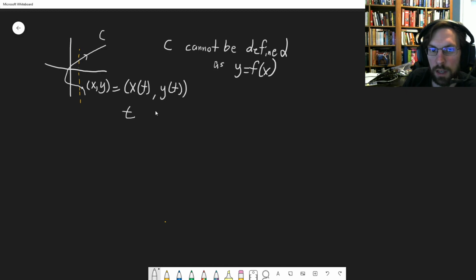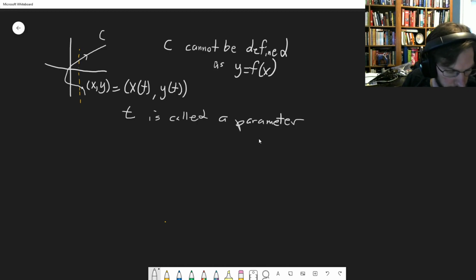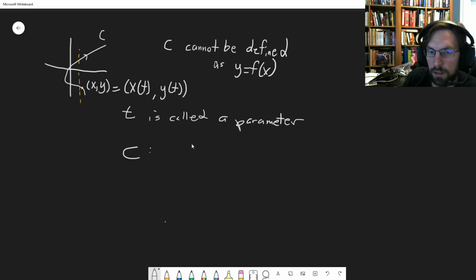Okay, so the way we typically write a parametric curve is we'll say c is defined to be x is some x of t, y is some y of t, and then